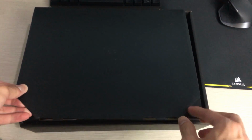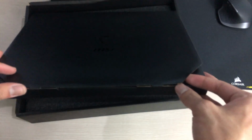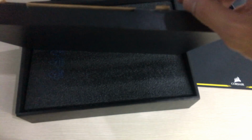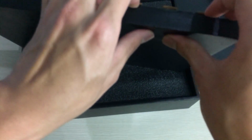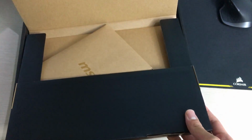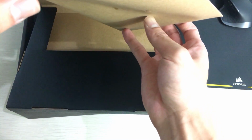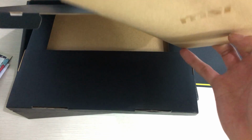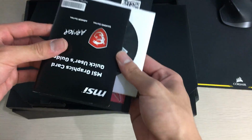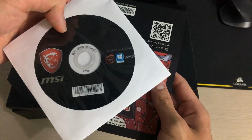So yeah, first inside the box you can see that this is a black box instead of the typical brown box you see on most graphics cards. So this is indicative of a higher-end SKU, as you can see, although I'm having trouble opening this one for some reason. So okay, there we go. Here's the warranty box. Basically there's a small envelope that you can see and nothing else inside. So what you'll get is a quick start user's guide,